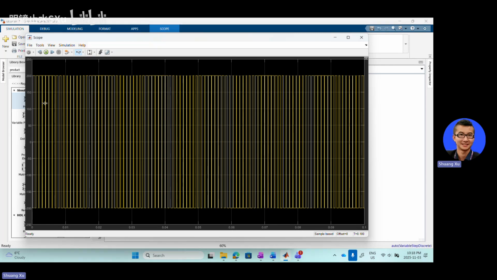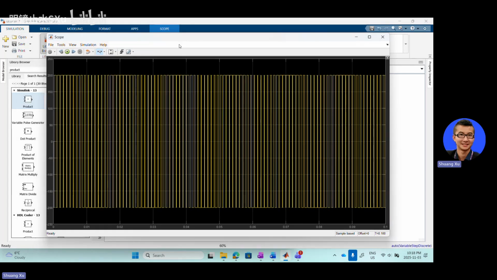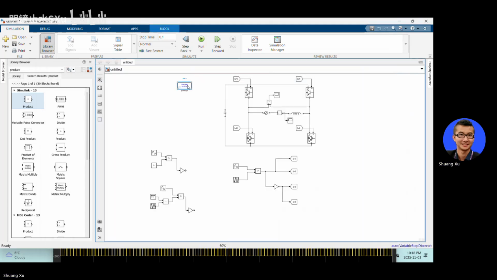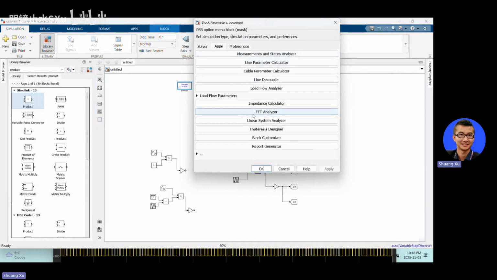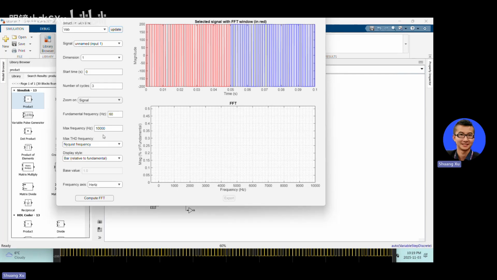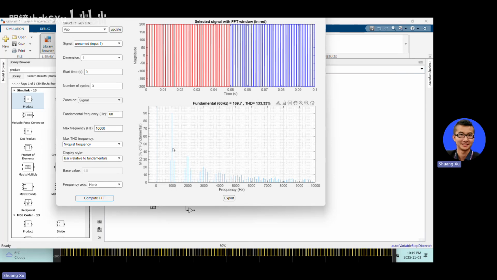And we can see it's the same as we discussed in the class for the bipolar SPWM. And then we will perform the FFT. Double click FFT, the VAB update, and the maximum frequency. Okay, compute FFT. We can see this is the bipolar SPWM, and for unipolar SPWM there is no harmonic component right at the switching frequency,